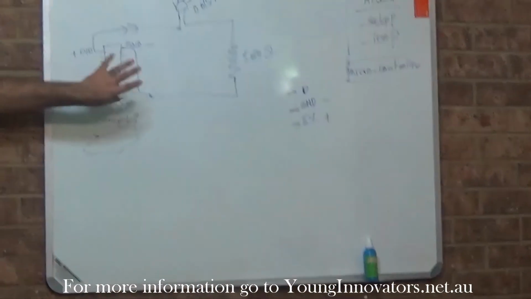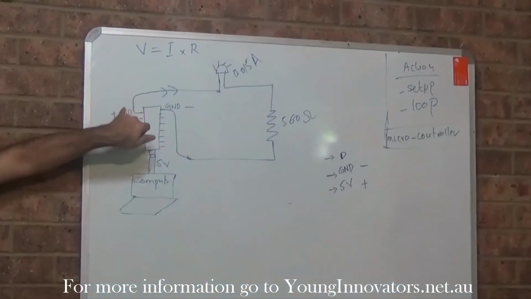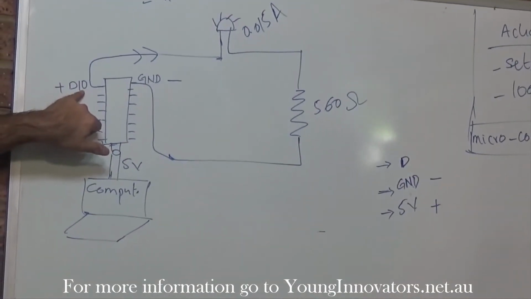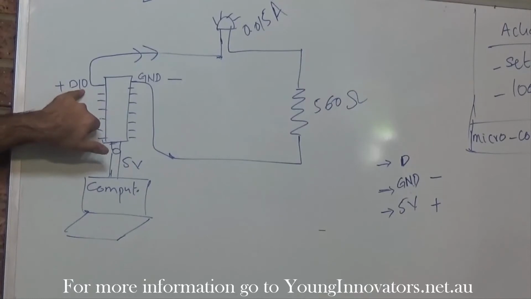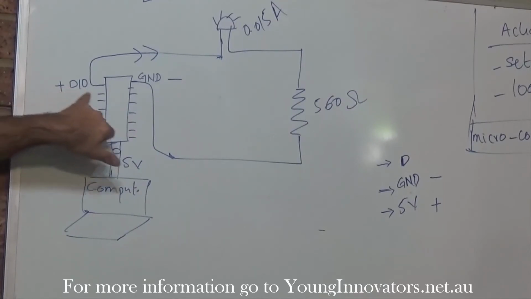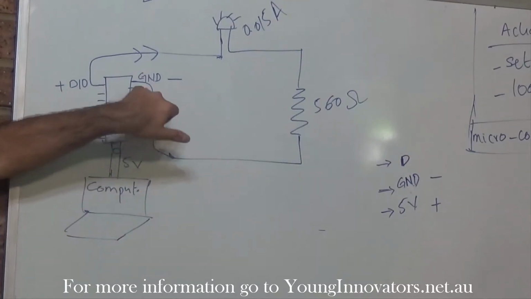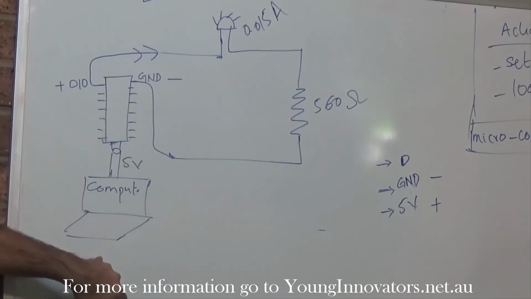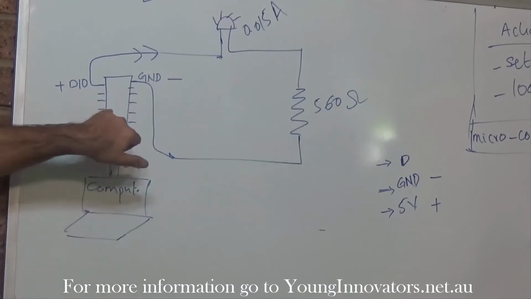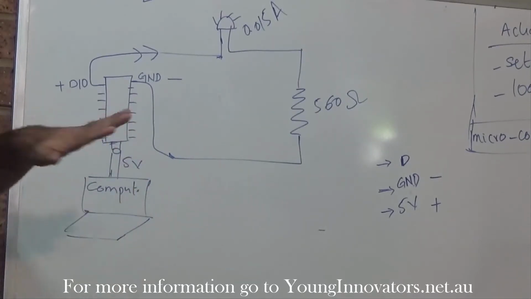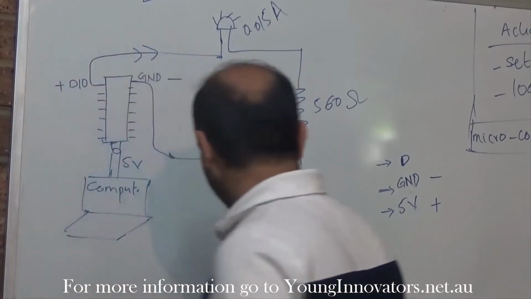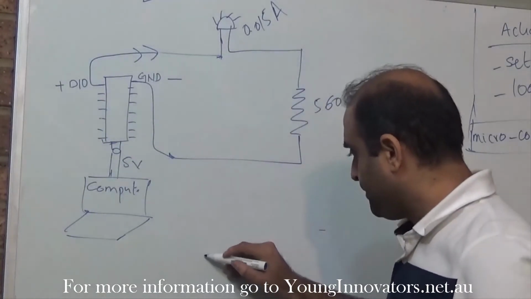Now the positive end of the battery will go to D10 on your microcontroller, and the negative end will go to the ground of the microcontroller. Using the computer, you will program the microcontroller when to send the electricity and when to stop it. And the output will be that the LED